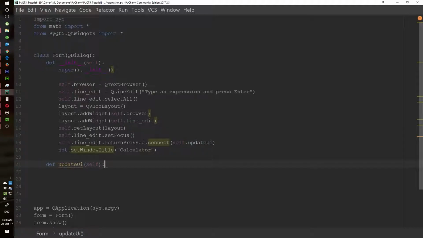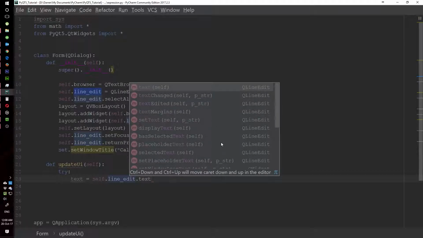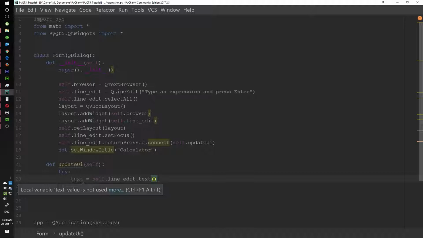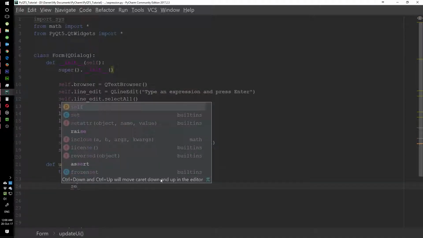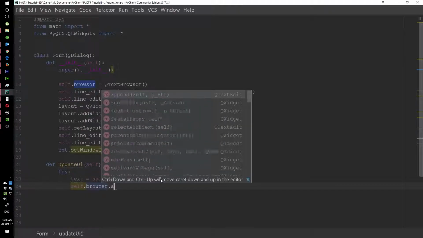Take the self argument, and then we're going to try. So we're going to try something first. We're going to say text equal self line edit dot text. So basically what we're saying is whatever is in the text line edit, we're going to take that text, and that's what we're going to use to do our evaluation. So we're going to say self dot browser. Remember, this is our text browser. We're going to append,